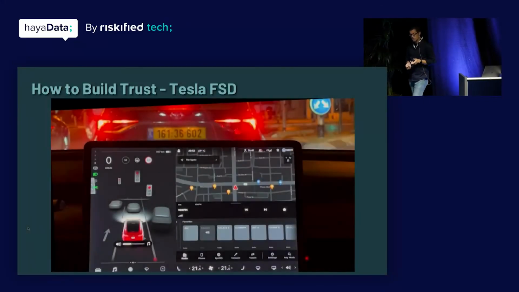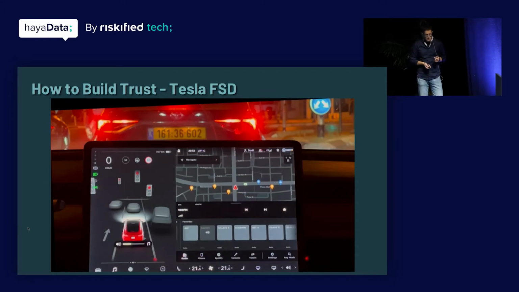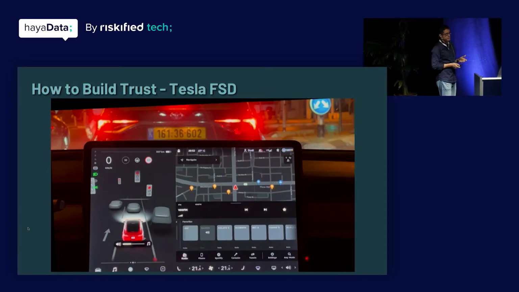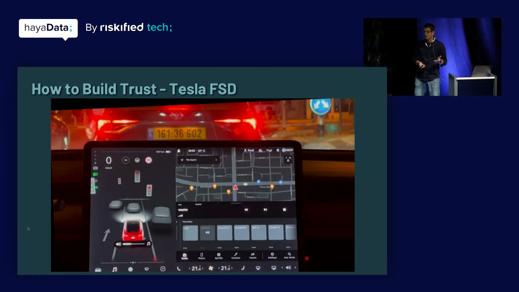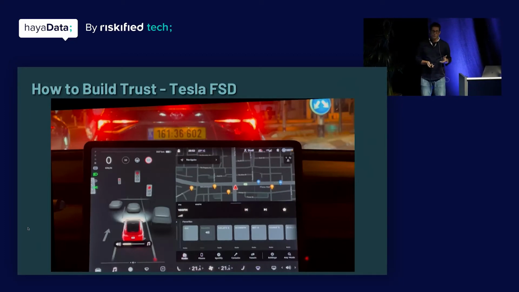Let's take a look at how Tesla does it. So Tesla is building FSD, which is full self-driving. They expect this to be fully autonomous in a few years. Predictions about this vary. And what they're doing over time, they're introducing more and more features into the cars. Obviously, if you're driving a car and it has all kinds of self-driving features, you really need to trust it because it's really dangerous if it's wrong.